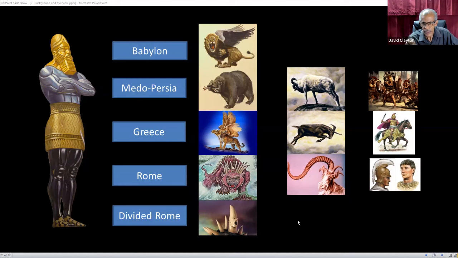The king, this king came, and then this king, and then this king, and then the king from the north, and then the king from the south, and the king from the north, and the king from the south. It just tells you the same history, but this time it does not use symbols. It tells you directly what happened in each one of these kingdoms. So, we actually have, as I said, we actually have